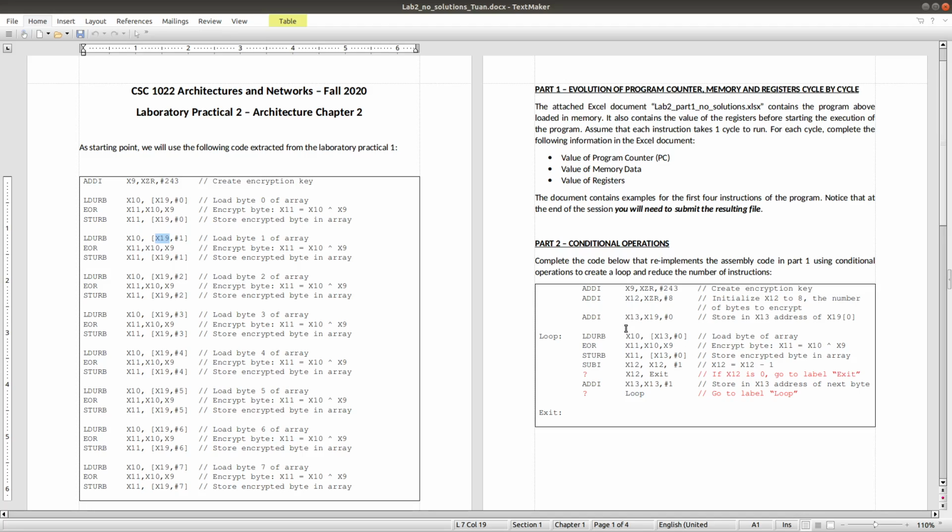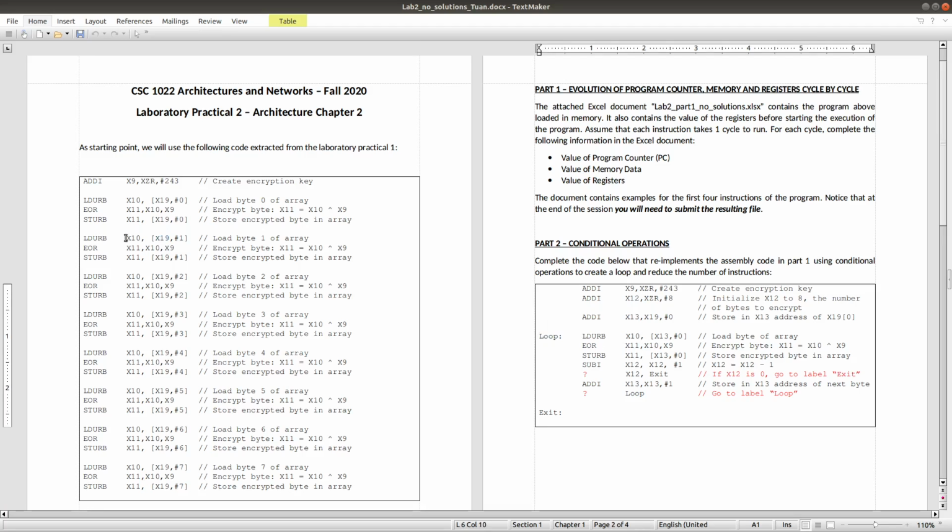So here we will use register x13 as that base register, that base address, and so we will add x13, x19 with 0, which means that the value inside x19 will be written into x13. After that, x13 will be gradually increased as the base register for reading and writing data back to memory. And now we move to the loop, the most important part here.